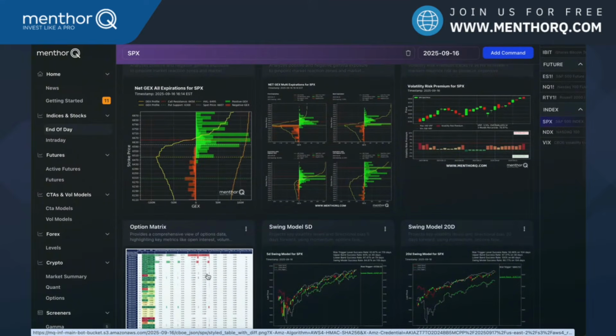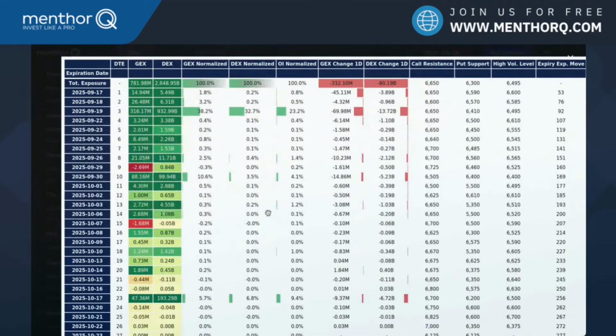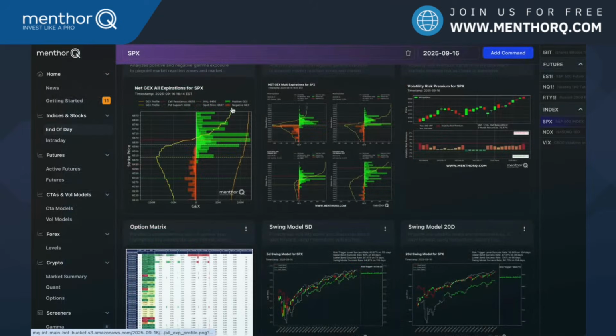And then I can also look, for example, at our matrix. We're going to show this, how to read this as well. But basically, I want to monitor within all the option chain, is there some event that I should be paying attention to? So for example, on Friday, 38% of gamma and 32% of delta on SPX is expiring. So again, as a future trader, I need to understand what this means, and I need to understand what could happen at the end of the day, because there's a lot of options that are expiring for that day.